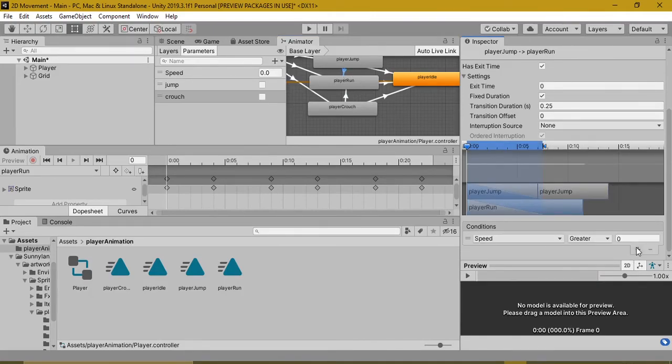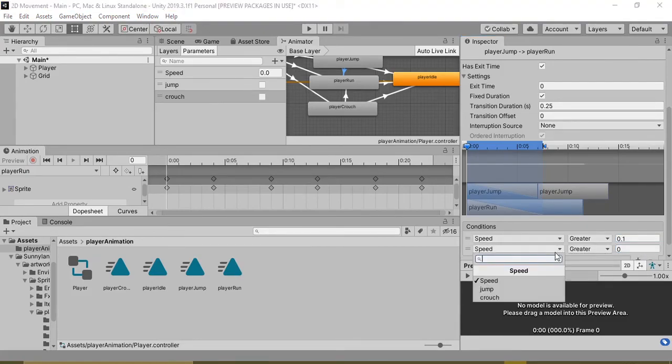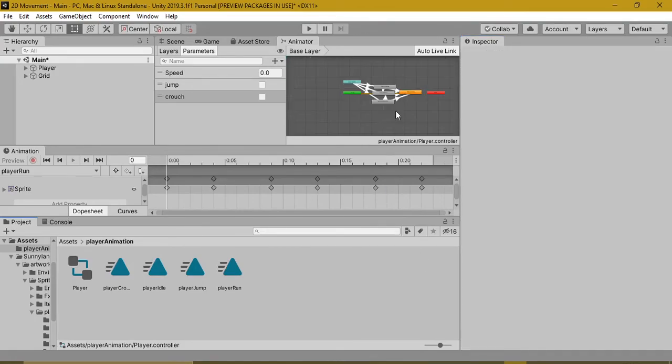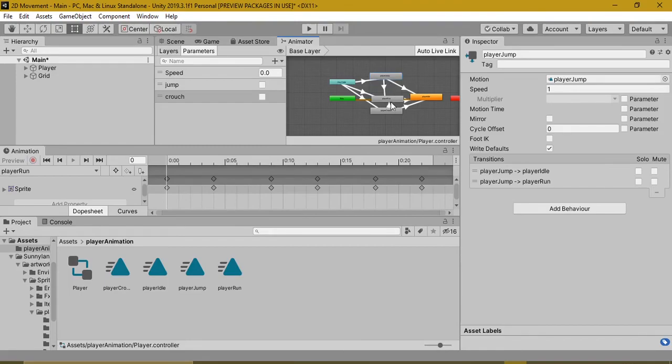Here also we'll put speed to be greater than 0.1 and jump to false. So now you can see our animation controller is set up properly.